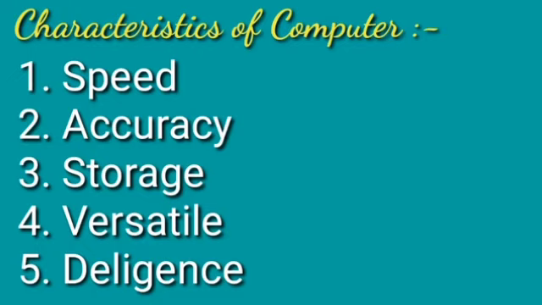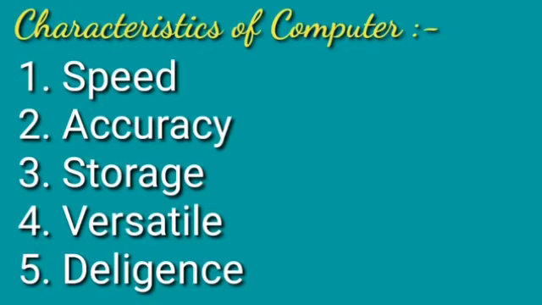Now the third characteristic is the storage capacity of the computer. Computer can store a huge amount of data as compared to the human brain capacity. We cannot even store different answers from different chapters in our brain. We have to revise it every time. However, computer stores an enormous amount of data in its memory, and as per the requirement you can increase the storage capacity also. So this is one of the features of computer.